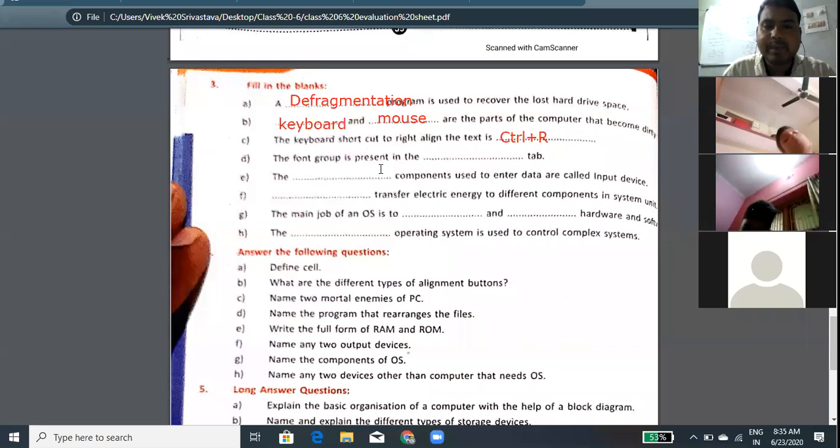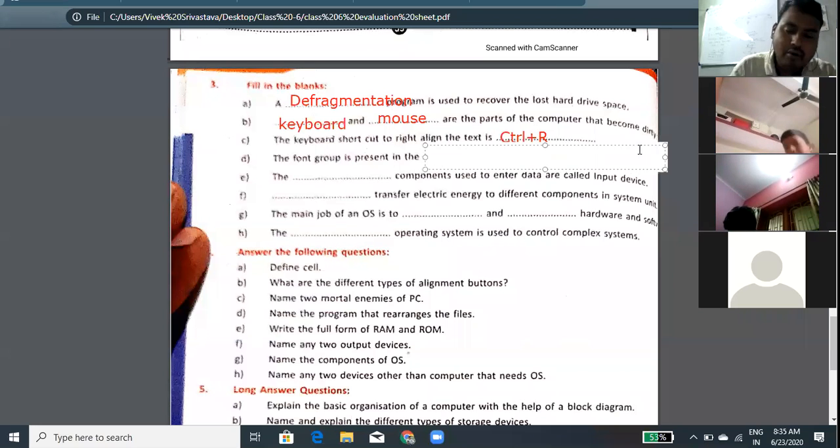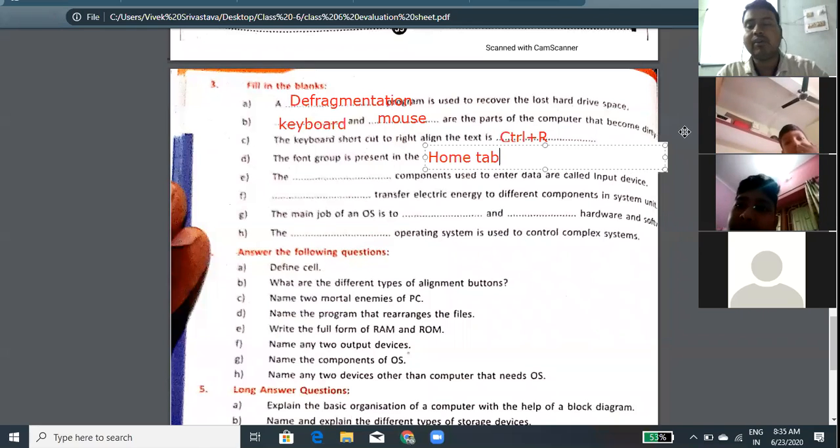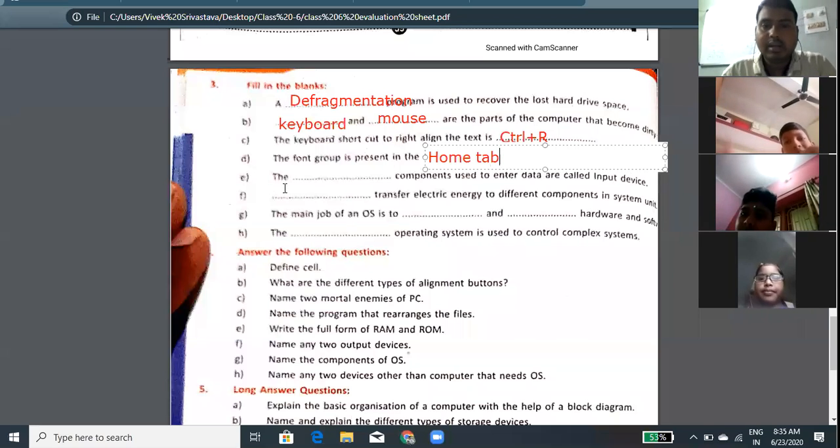The font group is present in the Home tab. Okay.